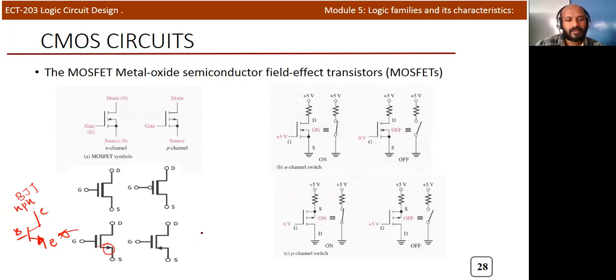Okay, and for the PMOS, we will use the symbol similar to the PNP transistor. So this is actually collector, emitter, base. This is actually a BJT, not a MOSFET, but we use a similar symbol for representing the PMOS transistor. Here you can see that there is a current direction from emitter to base in the case of PMOS. So a similar shape you can observe here.